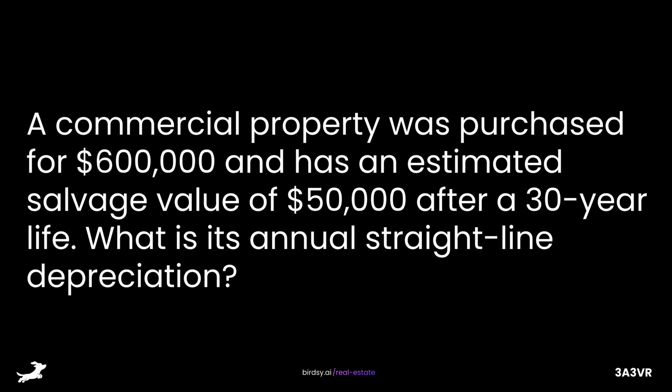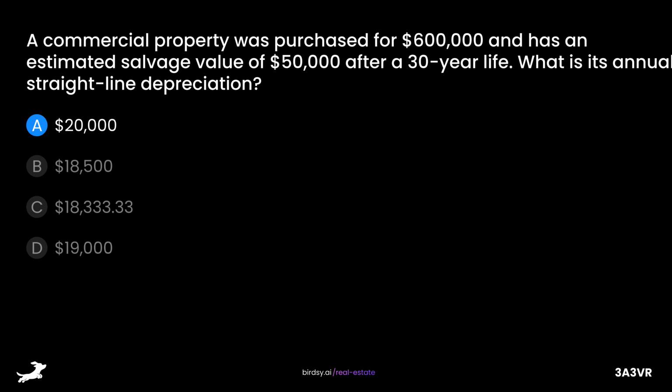A commercial property was purchased for $600,000 and has an estimated salvage value of $50,000 after a 30-year life. What is its annual straight-line depreciation? Is it A, $20,000, B, $18,500, C, $18,333.33, or D, $19,000? The answer is C,